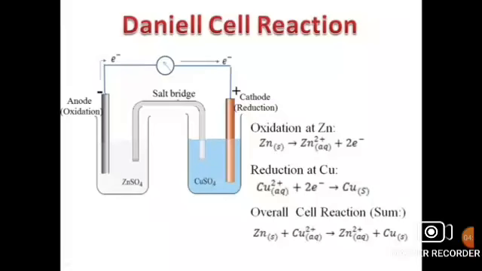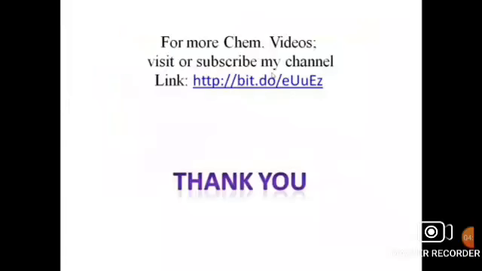When we add both these equations, the overall reaction will be: Zn plus Cu2 plus in aqueous, then arrow, Zn2 plus in aqueous, and Cu becomes solid. The electrons will flow like this from anode to cathode through this galvanometer, which shows the deflection. This salt bridge will balance the ions. This is the working reaction of the